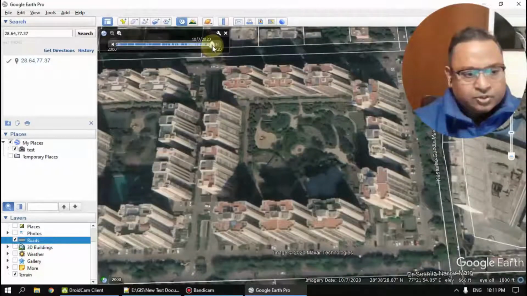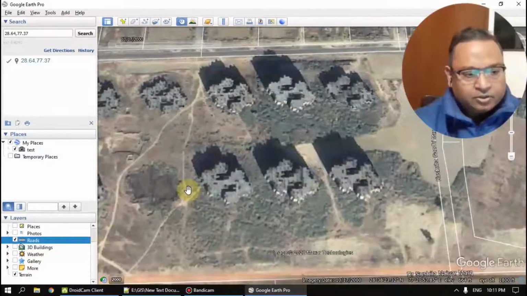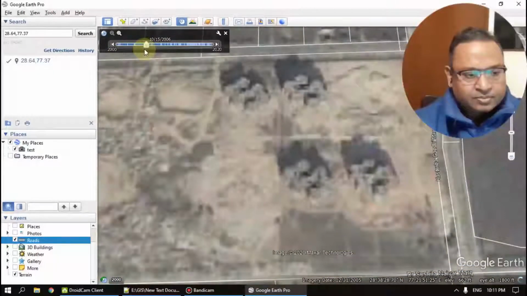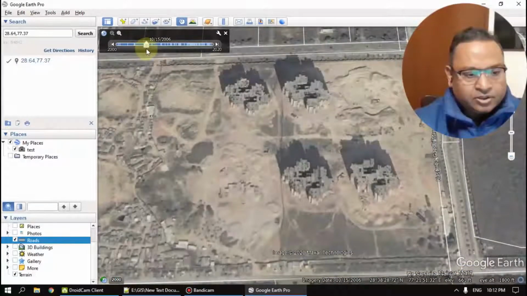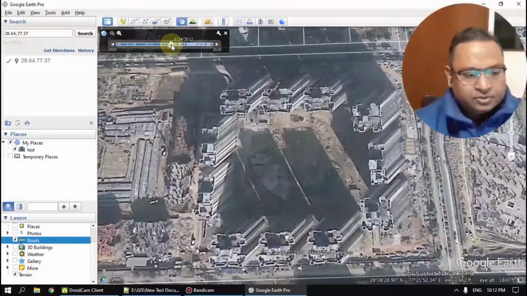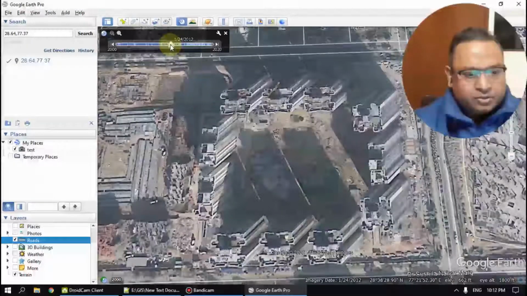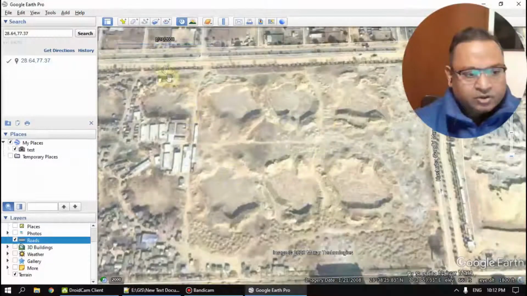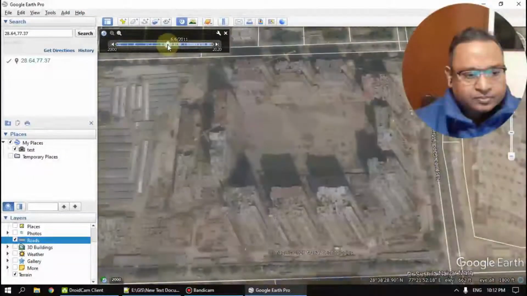So you can use this tool, and if I move it to 2000, in 2000 only these are the objects that were present on this particular area. And if I move it to 2006, in 2006 this is the condition, and further move, in 2008 this is the condition of this particular land area.